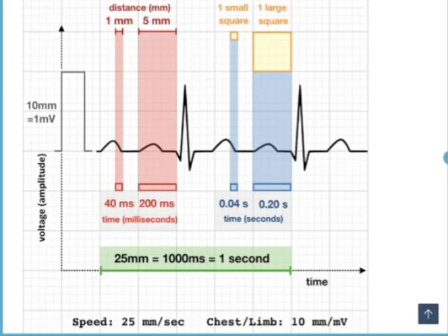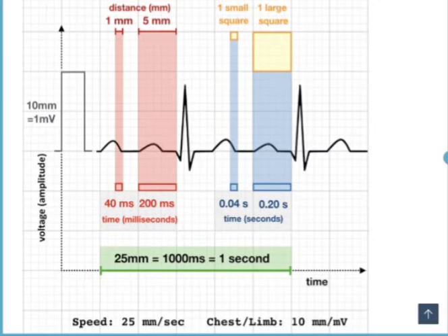Whatever is written on the top of your ECG strip should show what the y-axis on your ECG is. For example, here it is written that 10 millimeter is equal to 1 millivolt. It means that when we count these 10 small boxes, it will be 1 millivolt. And in this case, this QRS complex is approximately 10 small boxes, so we can say that it is approximately 1 millivolt, right?